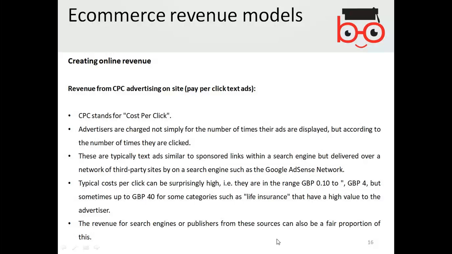It says they can be paid from 10 cents to 4 GBP. For example, a life insurance company gave an advertisement to your website, and somebody bought the insurance by clicking on the ad from your website, then they got a business. The insurance company got a business, and they are happy to pay about £4, 4 British pounds, for the pay per click advertisement. So it's called the CPC, the pay per click advertisement.